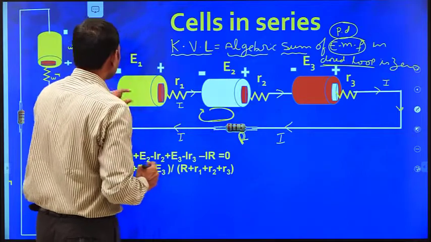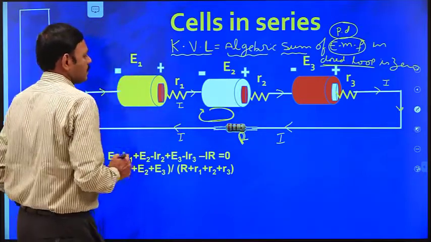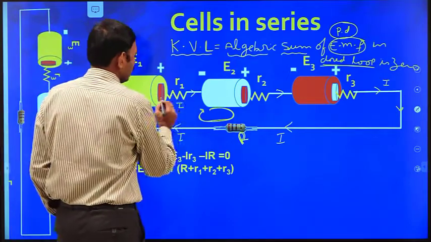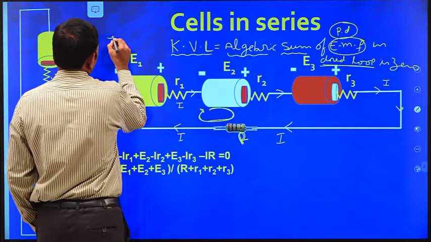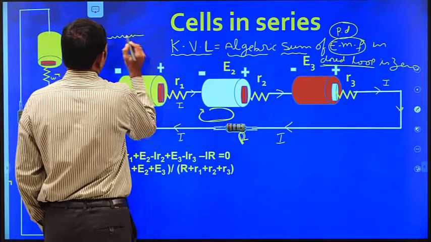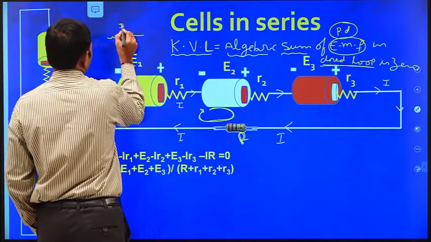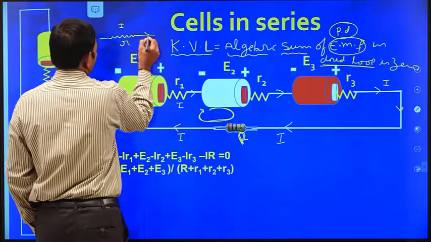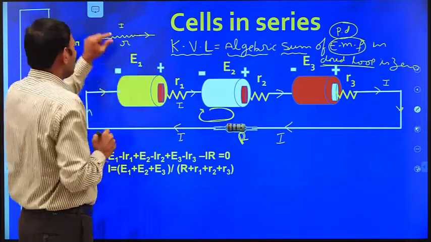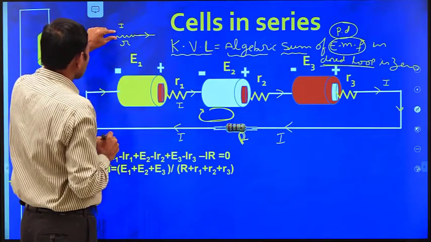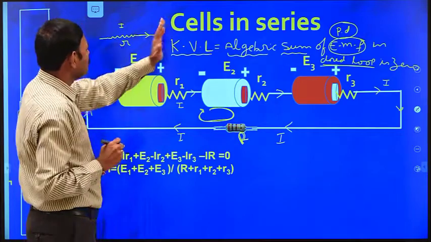So come to the first element. What is the EMF of this element? E1. And current is passing in this direction. Suppose we have this resistor. Let R be the resistance of the resistor. Let I be the current passing through it. This is the direction of flow of current. Students, observe it carefully. Let I be the current passing through the given resistor, having resistance small r. Current is passing in this direction.